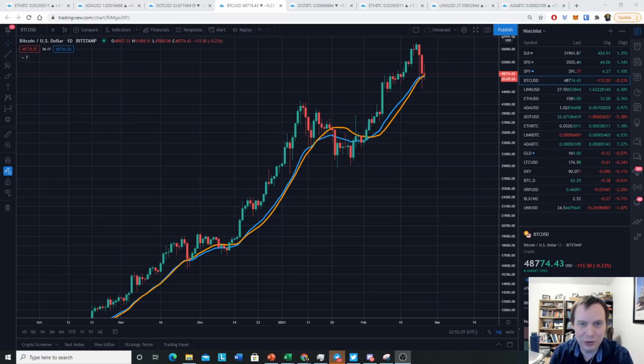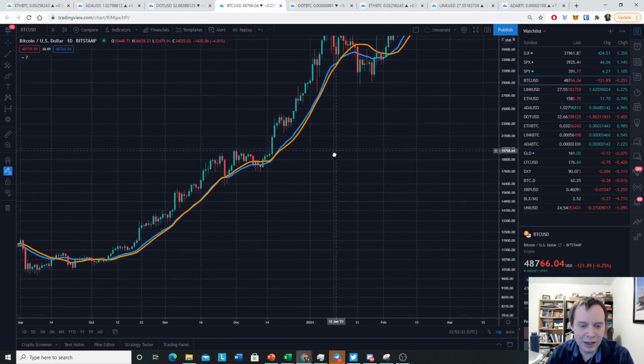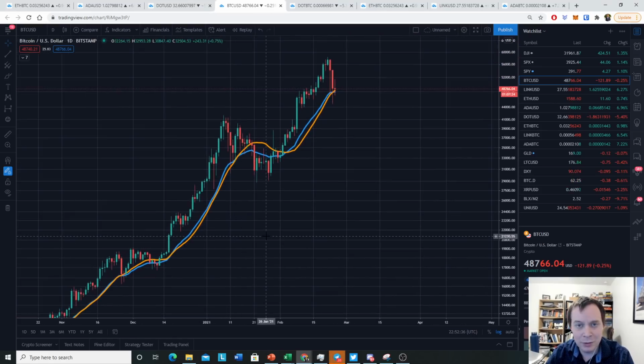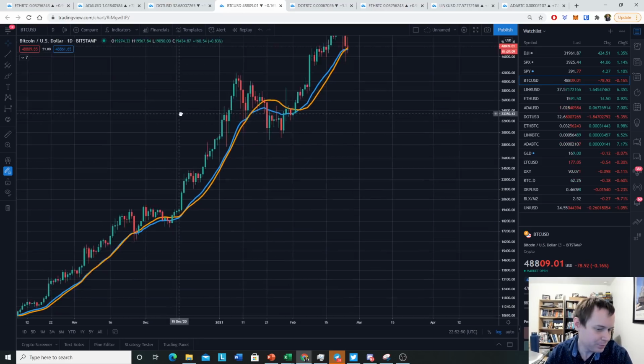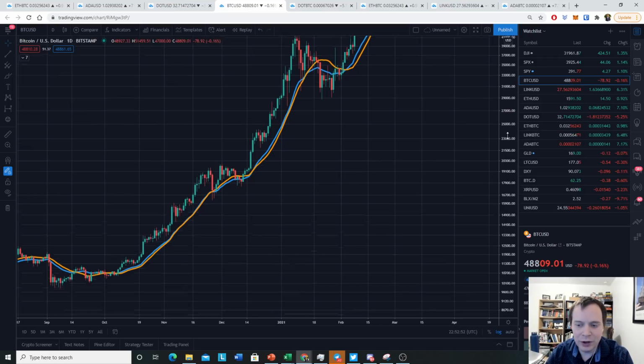Now, trying to predict short-term moves is somewhat dubious because it's really hard to know what's going to happen in the short term, and at this point I'm probably grasping. But I was looking at some of these moving averages that we've discussed. We discussed the 20-day SMA a lot during a bull market. We sometimes also talk about the 21-day EMA in the same way that we talk about the 20-week SMA and the 21-week EMA.